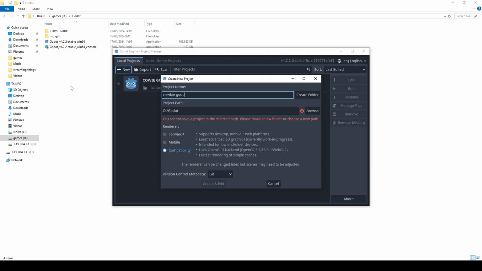Let's just go with that name, create folder. And then yes, it's approved here. It appears, and I choose this compatibility, because I don't know what platform I want to publish my game to, is it desktop or mobile or web, so I just choose this and create and edit.